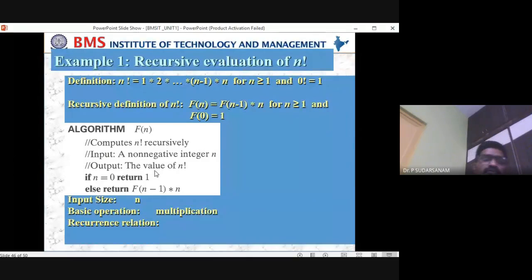No problem. If you write n is equal to 1, return 1, it is the same thing. If you write f of 0, you will be getting that answer. But according to the mathematics, we have taken either one of them. So here we have taken n is equal to 0, return 1. Even if you write n is equal to 1, your program will work perfectly. So that is what we have to do.